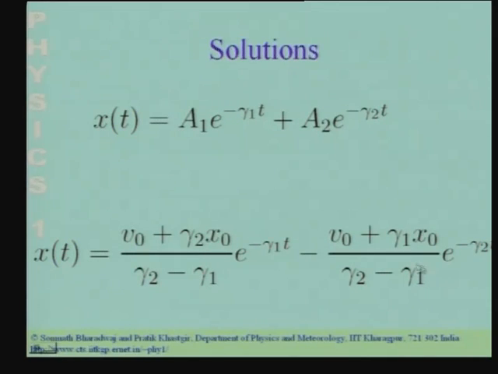Now, if you ask the question at what time is the door going to be exactly shut, it will take infinite time for the solution to reach x equal to 0. The exponential decay never really reaches a value 0. So, it is not really fruitful to ask when the door is exactly shut, when x exactly equals 0. A more relevant question would be to ask for the time when the door would be 90% shut or 99% shut, as your case would be. In this situation the door would be 90% shut after a long time because of the root gamma 1, which is extremely small.